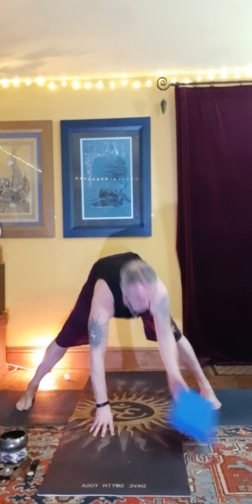So, you might need your cushion or your yoga block here. You can have it high or low, but basically it's there to help you keep your legs straight. A good way of keeping your legs straight is by engaging the thigh muscles here like this, and then that means that the legs will not bend. So think about keeping them engaged, pelvic floors lifted, tummies in, inhale, reach up,